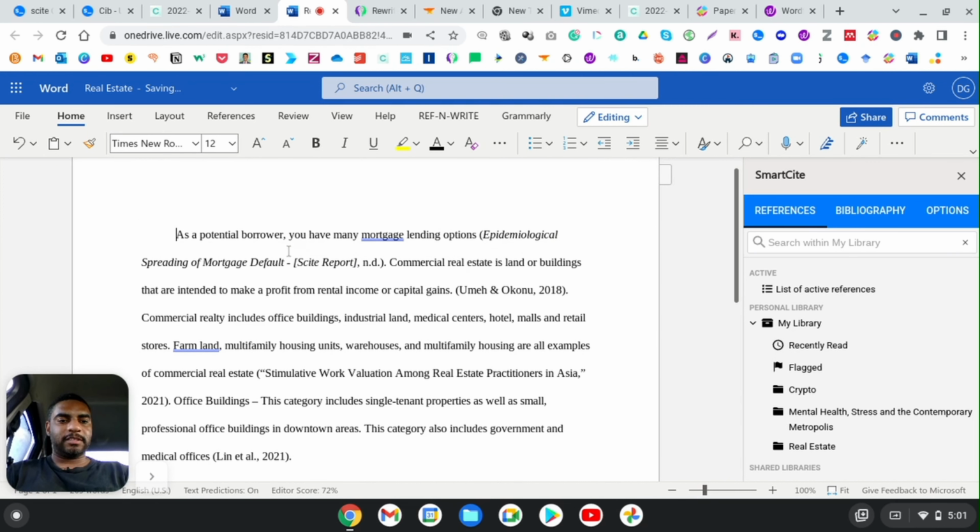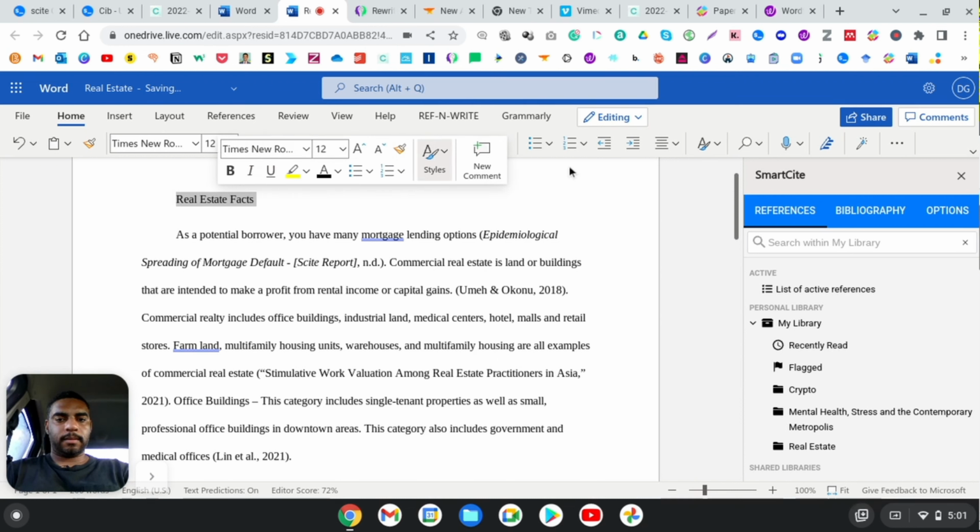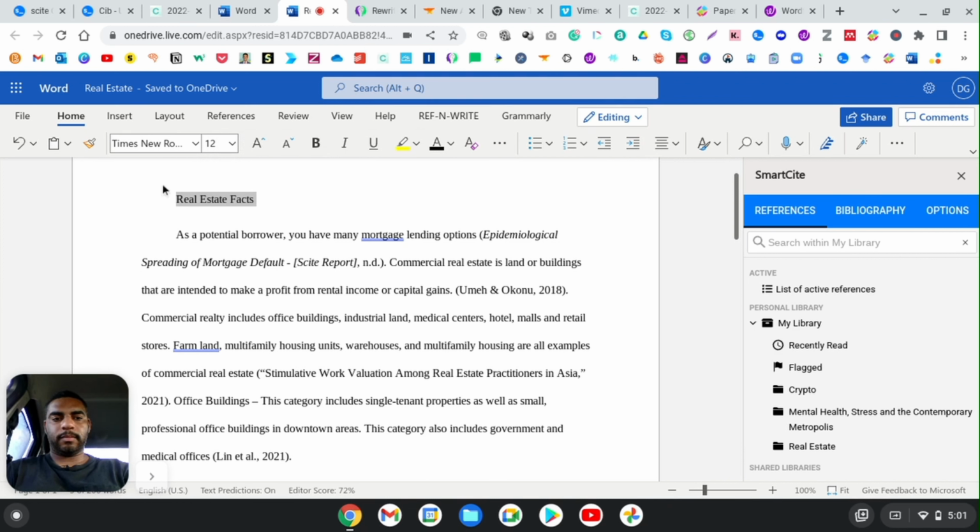And with just this short little paragraph, I'm going to do a couple of quick things, like I would like to add a title. Real estate facts. In fact, I'll add a title later, but I do want to make this a